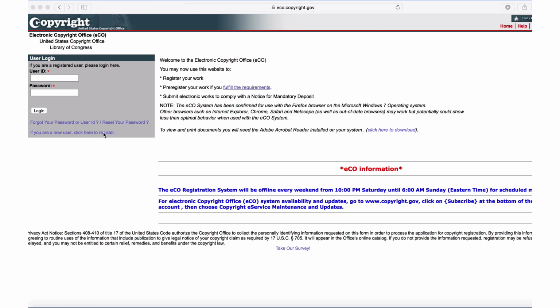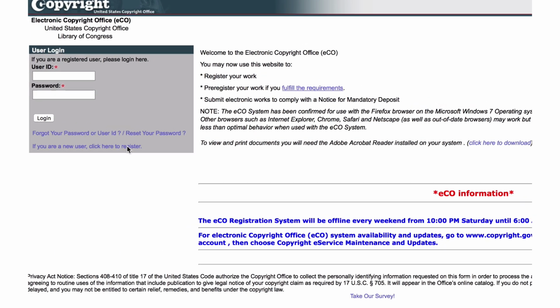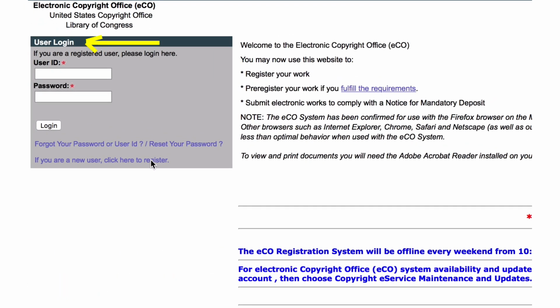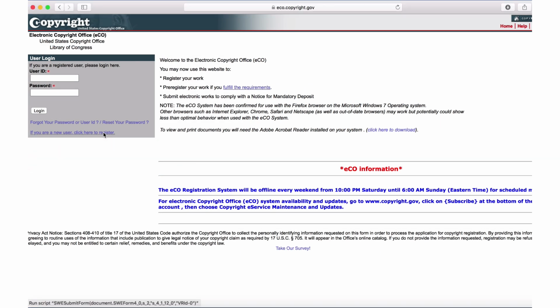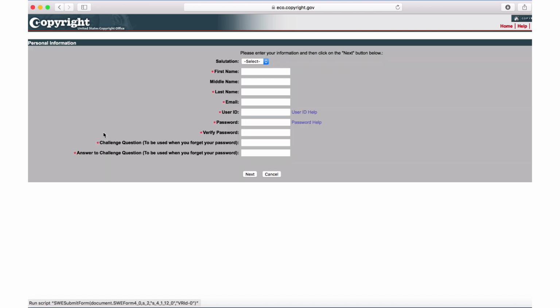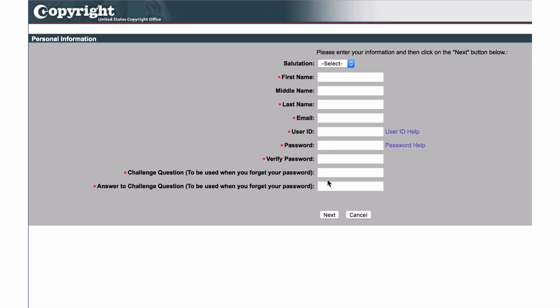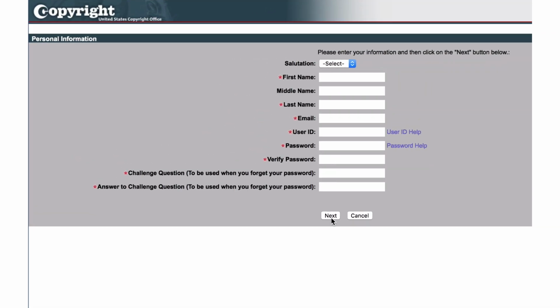Being a new user, the first thing you need to do is set up your login information. Very simple. At the top left side of the screen, you'll see a box which reads User Login. Go to the bottom of that box where it reads, if you're a new user, click here to register. Just fill in the information as you see it there, and once you're finished, click Next and follow the prompts on out. Be sure to write down your username and password, and then we'll be back on the screen to